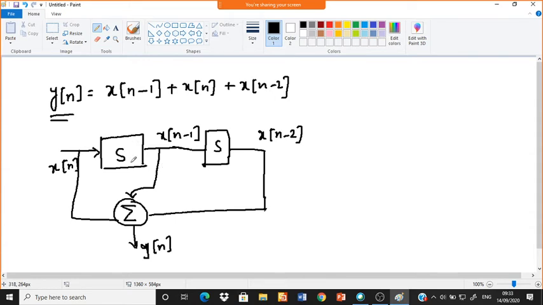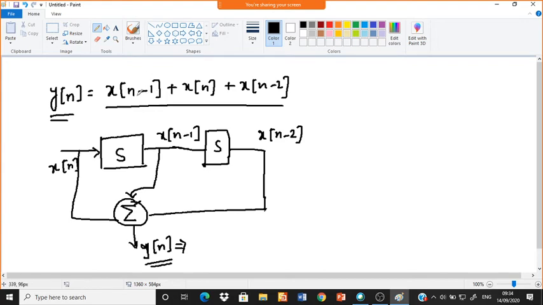The shifted versions of the signals are all interconnected, so that you get the output. That's how the system can be viewed as an interconnection operation. Different signals that you are taking are all connected and give the output. So this is the meaning. Now, if you take S as a shift by one unit,